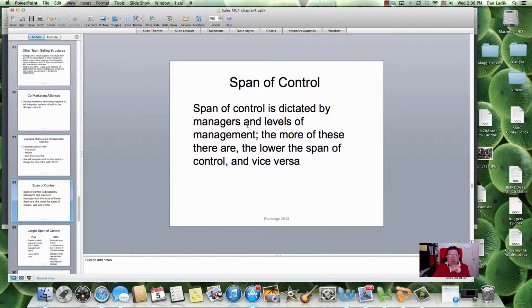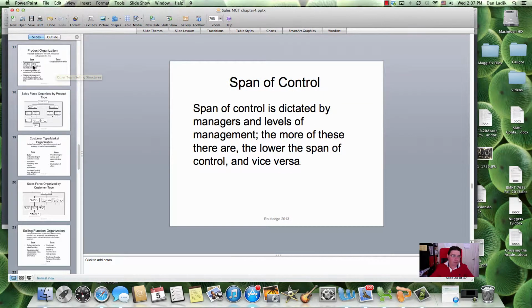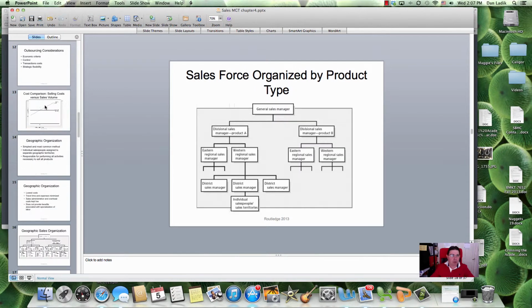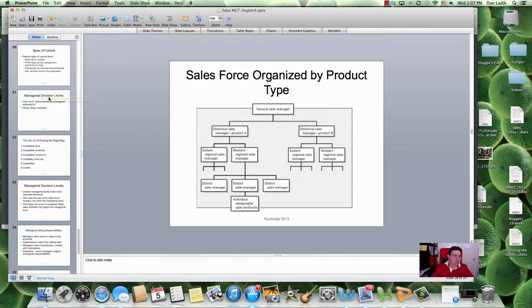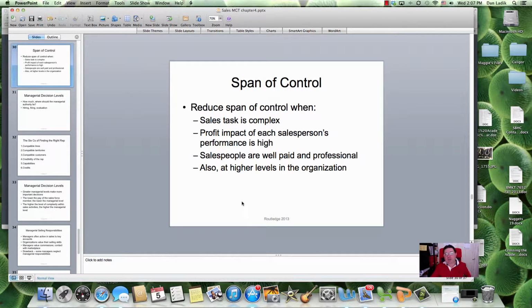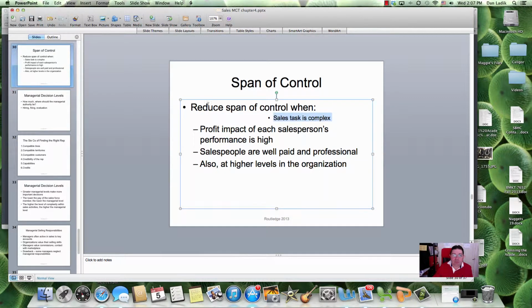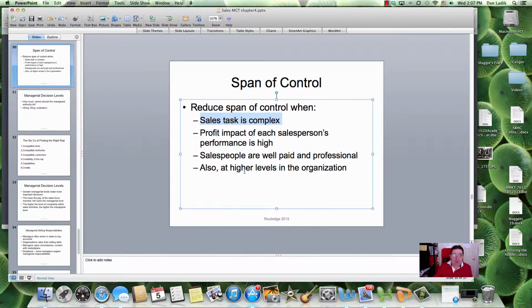This span of control, okay, this is really, broadly speaking, something that goes across all the different hierarchies that we looked at. Where's my span of control? How much freedom are you going to give the salesperson? It's so much easier for the salesperson if they have a particular task and not multiple tasks, and they have to trade off which one of these they are going to do. How much autonomy does the salesperson have in the sales structure?